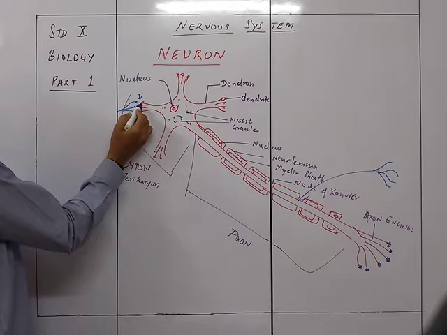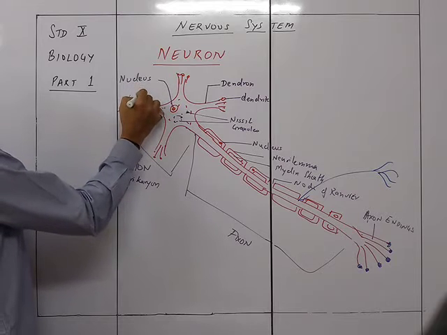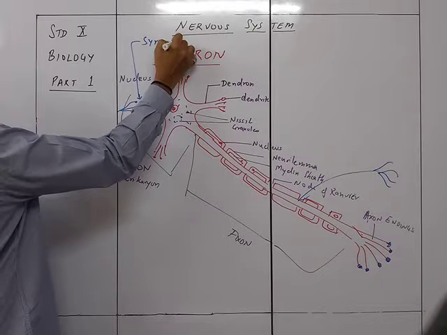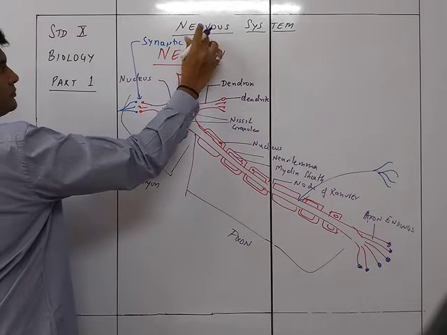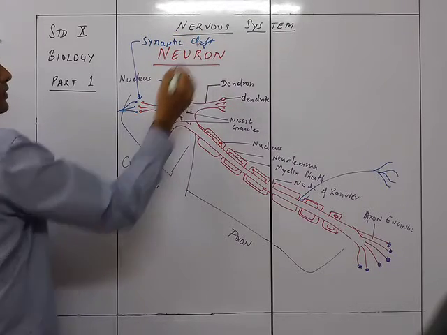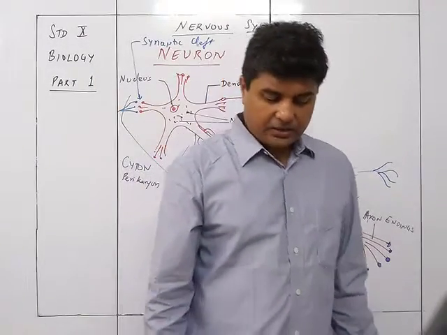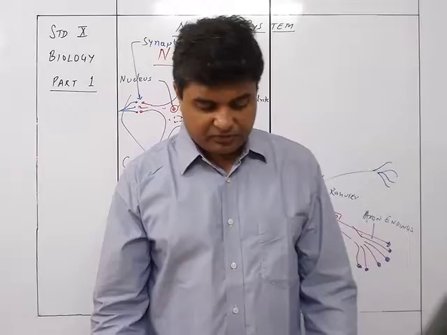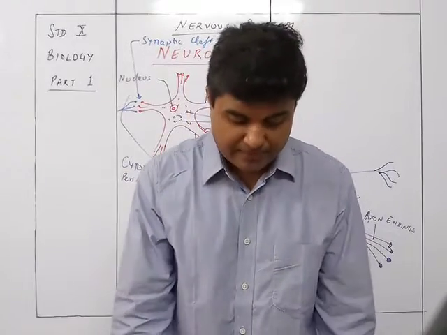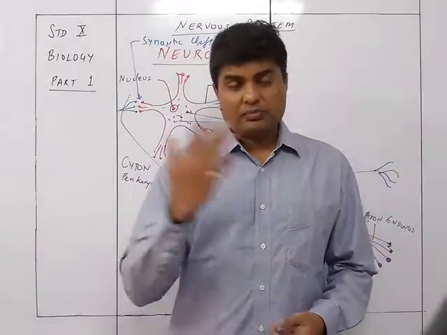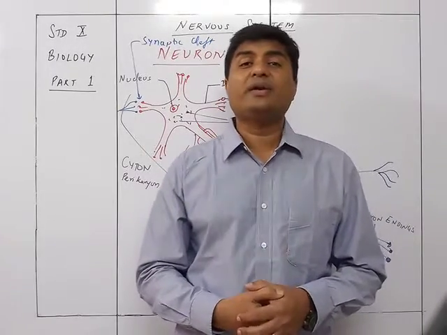The gap between this blue thing and the red thing is called the synaptic cleft. Syn means together and the cleft is the gap, which is there for the transmission of the impulses and to reset that